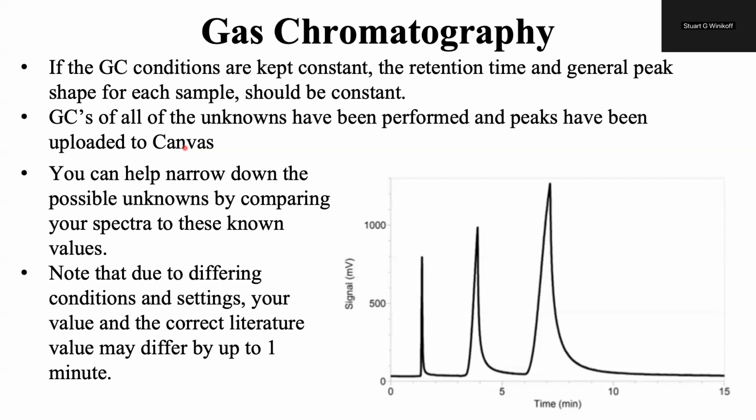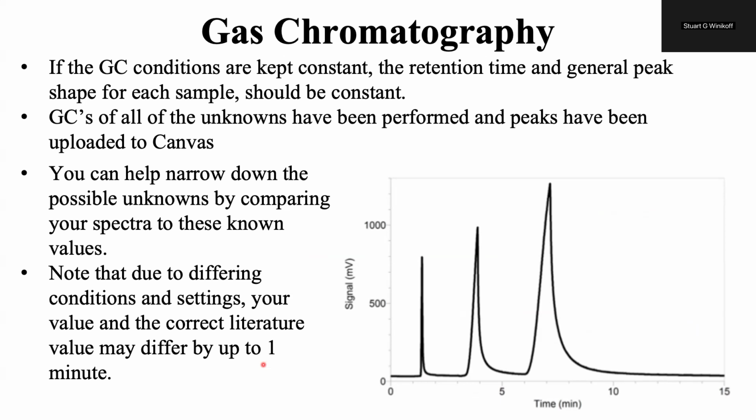You could get better agreements if you ran all of the unknowns yourself. But because we're working from essentially quote unquote literature values, they can differ by up to a minute. However, this means that you can typically reduce the number of possible unknowns from something like 13 now to about 3 or 4. And then using the other 3 techniques, this can be a huge help in identifying what your